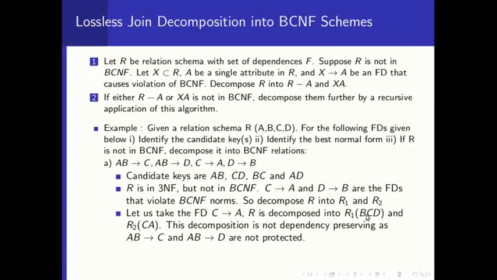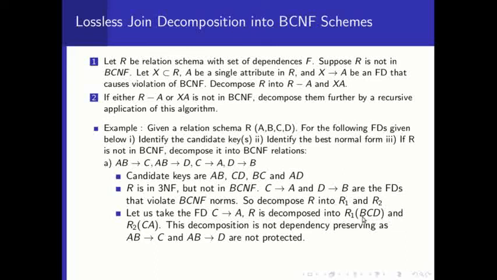After decomposition, check whether the decomposition is in BCNF or not. Now, R1, BCD, these are the attributes. What are the FDs that will come there? The other FD will go to the second relation. D determines B is the only FD that will be coming into the new relation R1, BCD. R1, BCD is a relation, and the FD which is applicable here is D determines B.